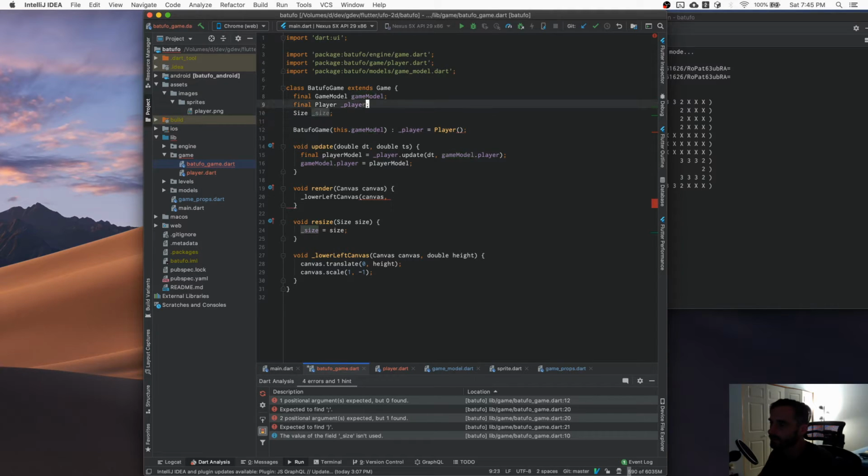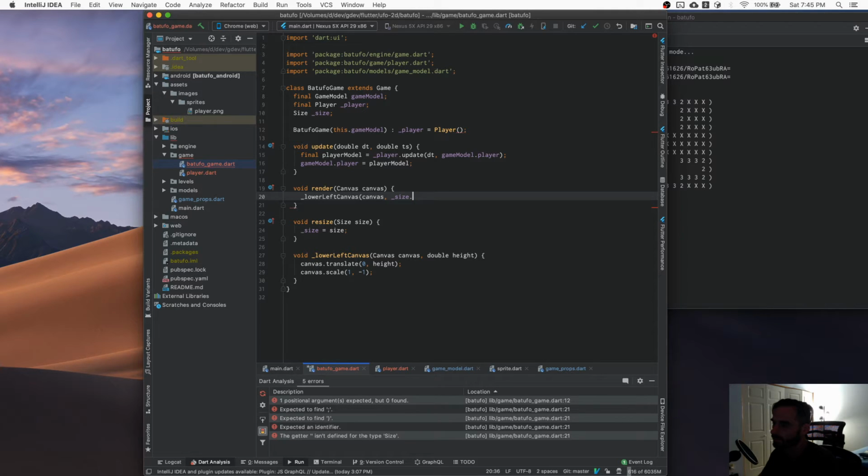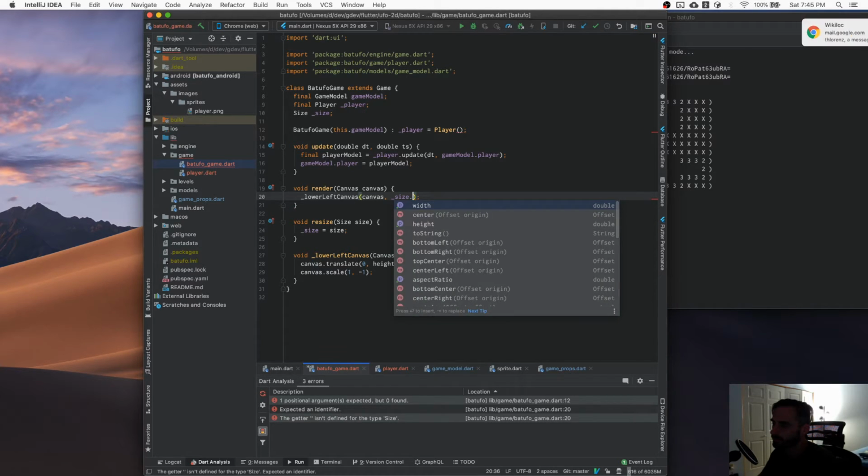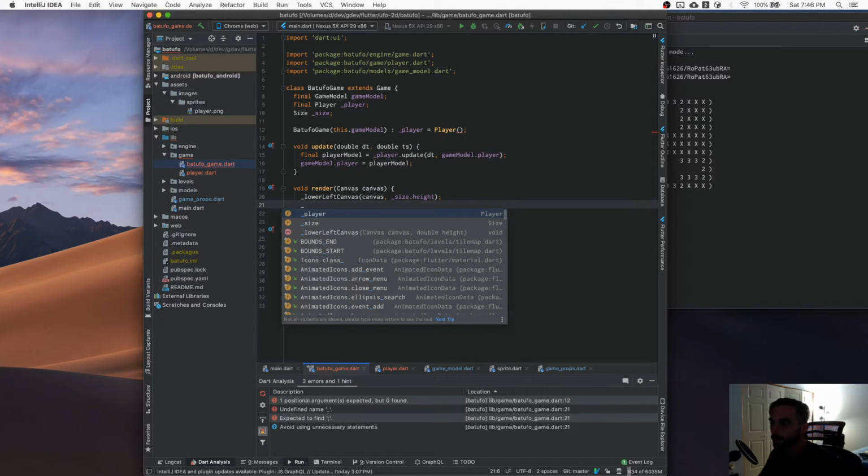Kind of want to pass it in here though. Well, actually, the size of the game gives us a height. Okay. So now then we render the player